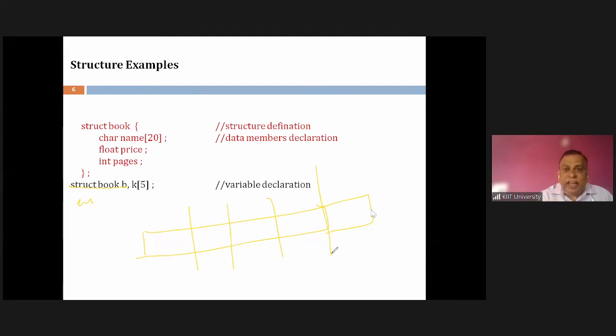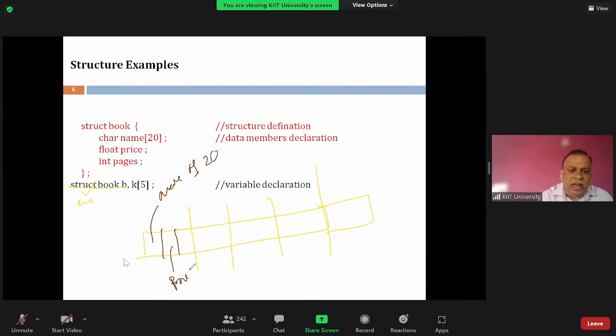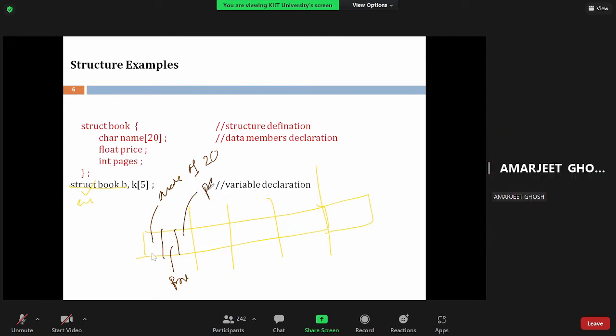But when I say it's a struct of book, it means each K of 0 has 3 data members. One data member is the name of how many characters? 20. Another is holding the price, and the third one is holding the pages. But it is K of 5.